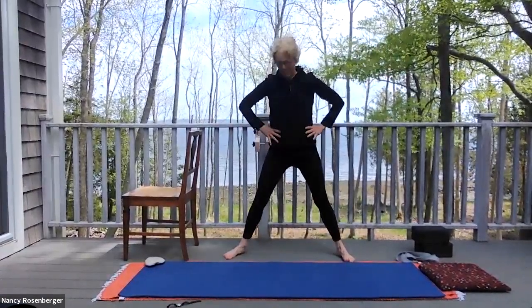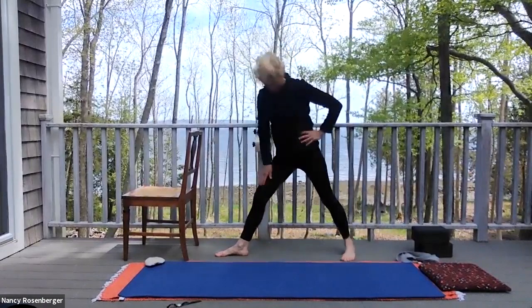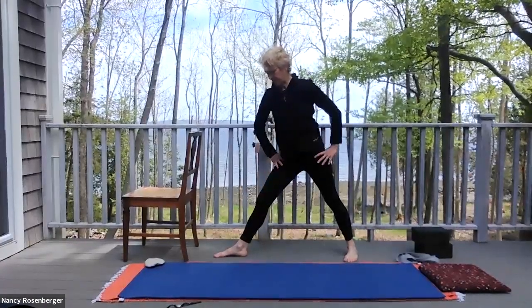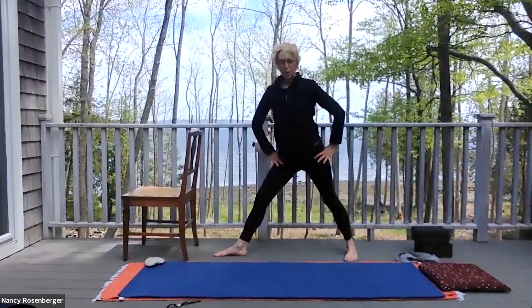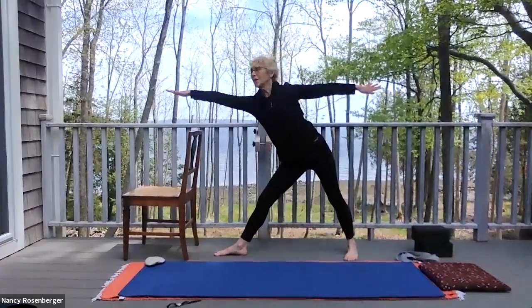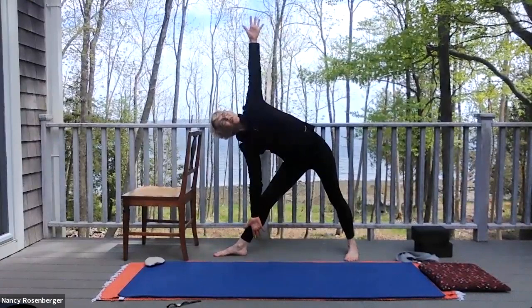Hands come into waist. Turn the feet into triangle feet. So toes going forward and the other foot behind, arch of that back foot behind the front heel. Let the hips come forward and back a few times. Opening out to the back, opening through the front, reaching towards the horizon, out into the universe, windmilling, strong vertical